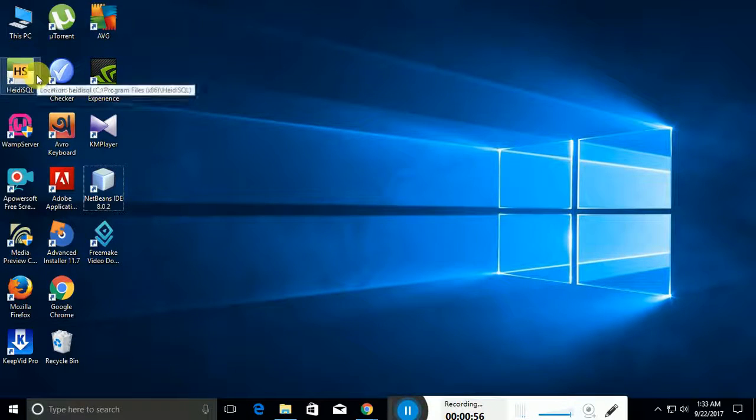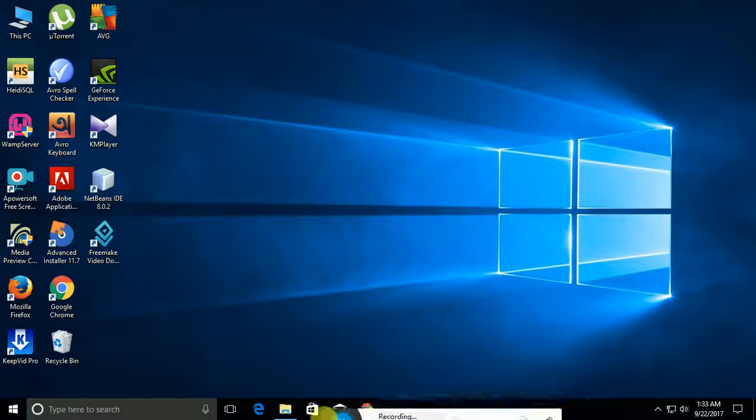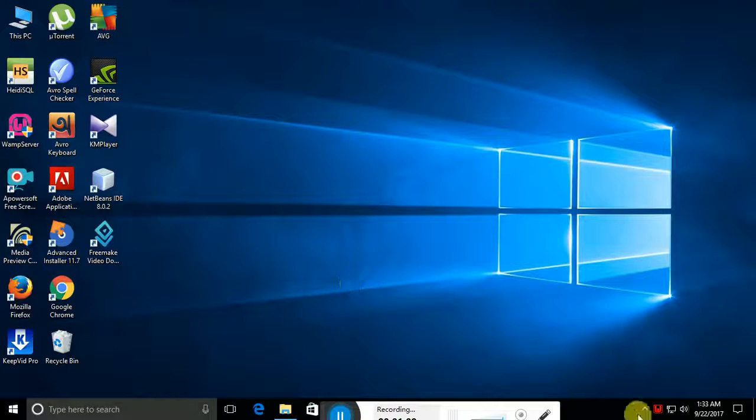Now we have to first run the web server to start the server to connect the MySQL database, right? So I am clicking the web server and here it's running, and when it turns the color green, you can understand that the server is in running mode, so you can do your MySQL stuffs then. Okay, now what you need to do,